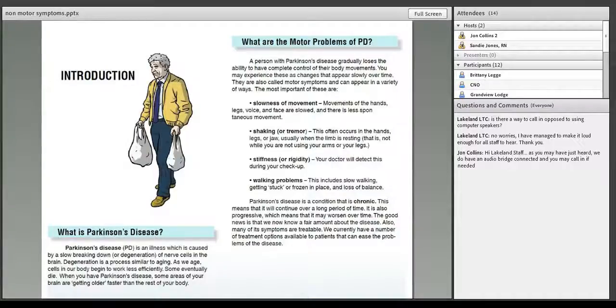The goal of today's presentation is to help you recognize and manage these symptoms so that it will improve the quality of your lives as well as the quality of the lives of the patients that you are caring for